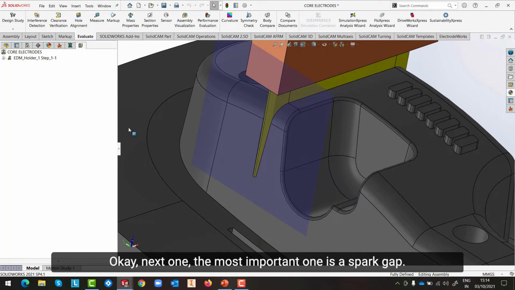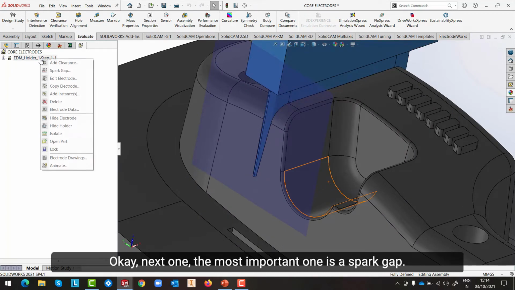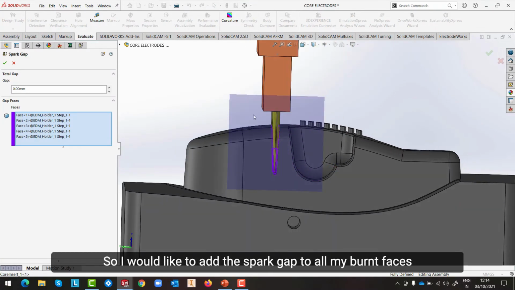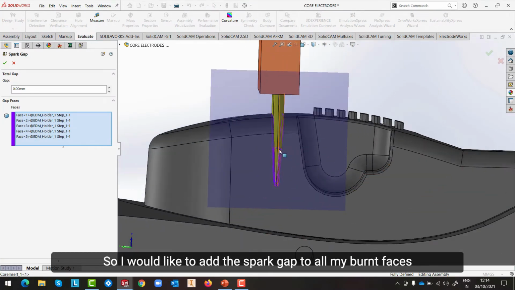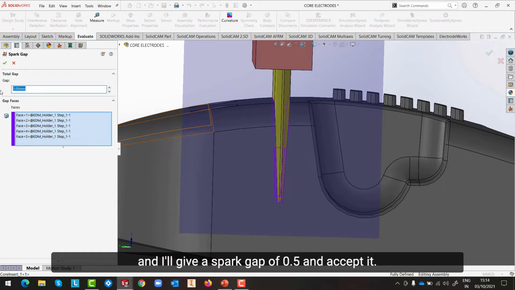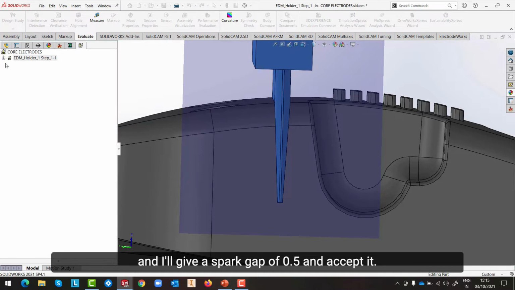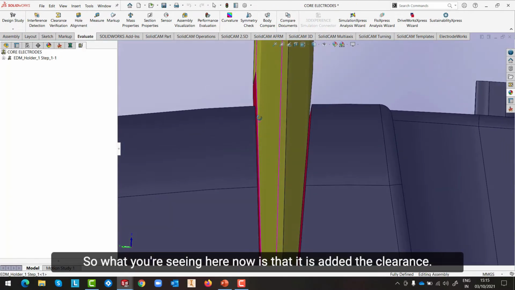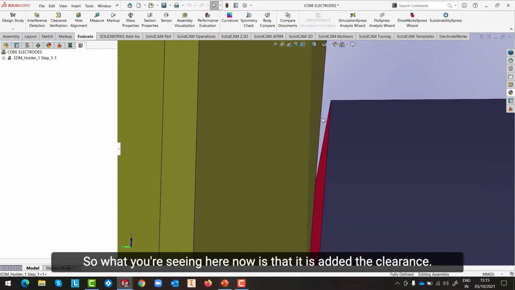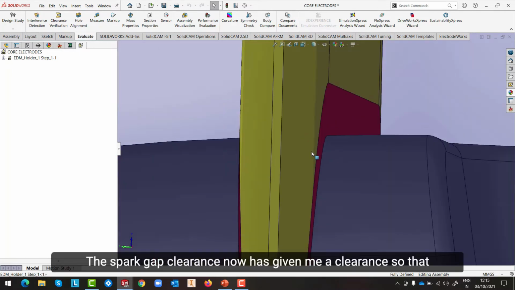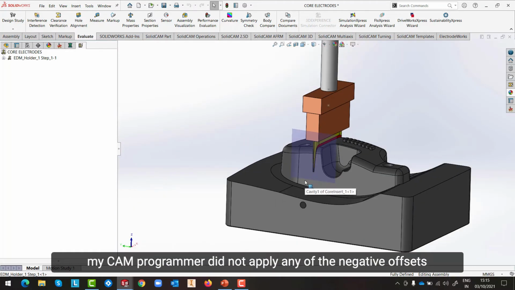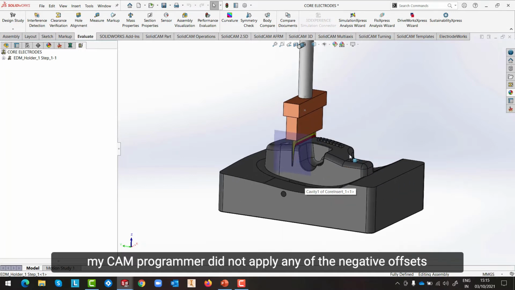Okay, next one, the most important one, is a spark gap. So I would like to add the spark gap to all my burnt faces, and I'll give a spark gap of 0.15 and accept it. So what you're seeing here now is that it has added the clearance, the spark gap clearance. So now it's given me a clearance so that my CAM programmer did not apply any of the negative offsets